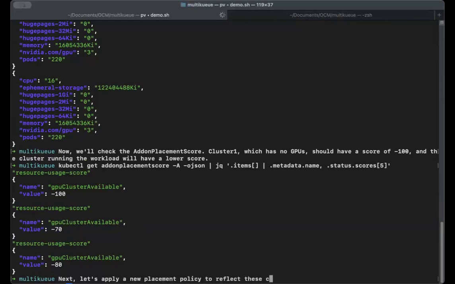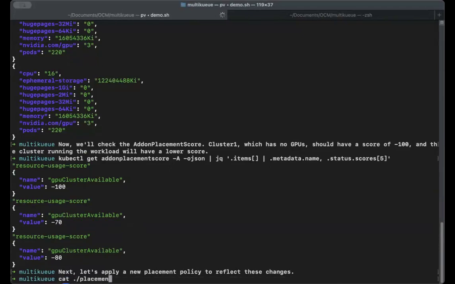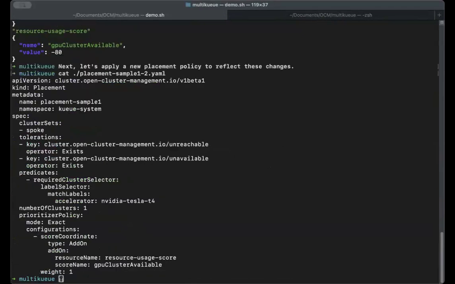And next, let's apply a new placement policy to reflect these changes, so that it selects clusters differently. For example, we've seen this placement as the user story of what we want. We want to select clusters with the highest score in GPU cluster available, which indicates more GPU resources, and also the accelerator should be labeled with NVIDIA Tesla T4. Let's apply this